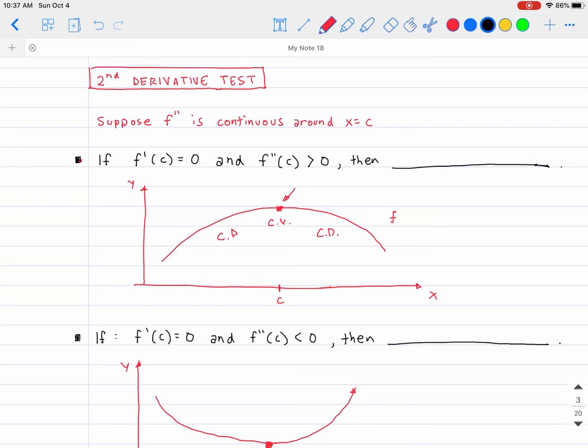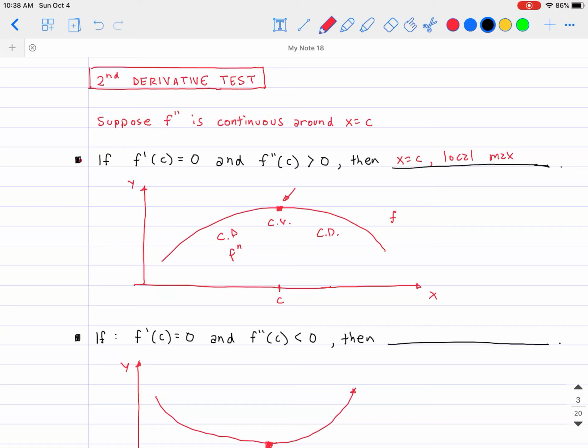And then the next one afterwards is also going to be concave down. So that means there's no concavity change. That means it's not a point of inflection, but it's still a critical point. But the conclusion is that, according to this picture, at x equals c you have a local maximum. Okay, because specifically you have concave down, so that means that f double prime is going to be